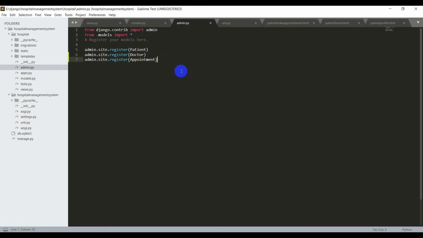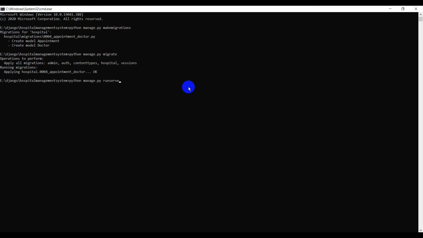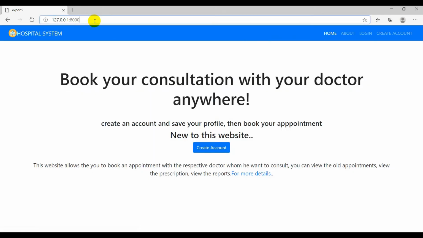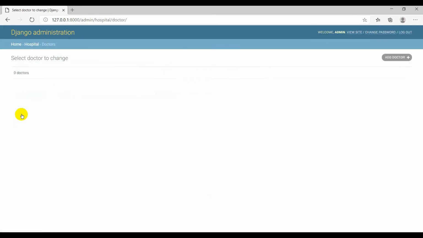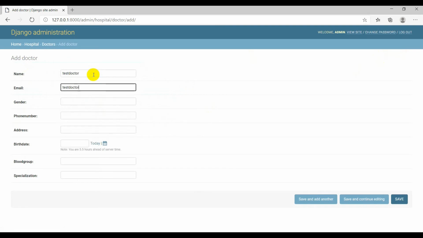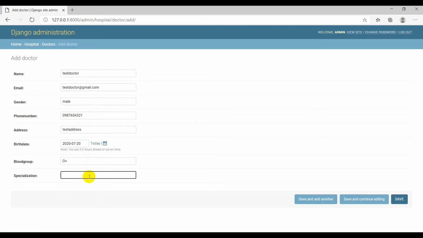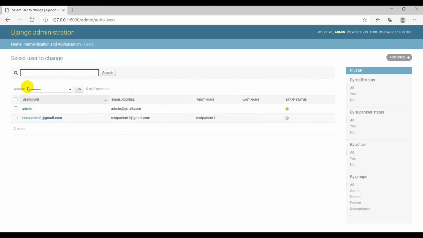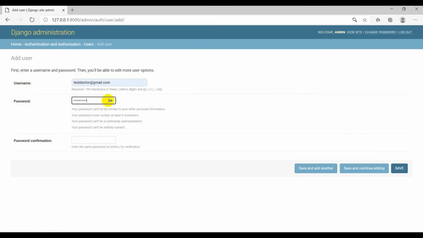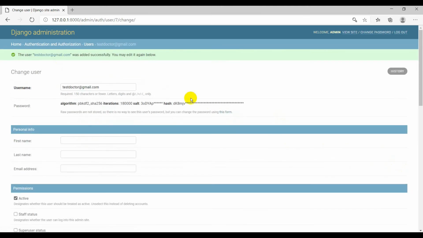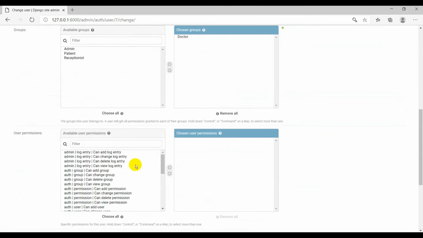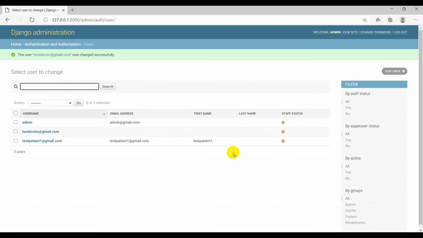So let me create a doctor through admin panel and come back. And yes, I have created a doctor in both doctor model and the user model.